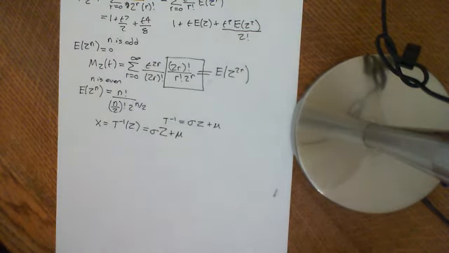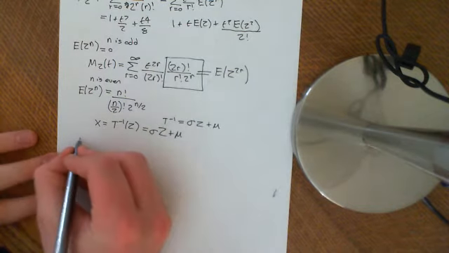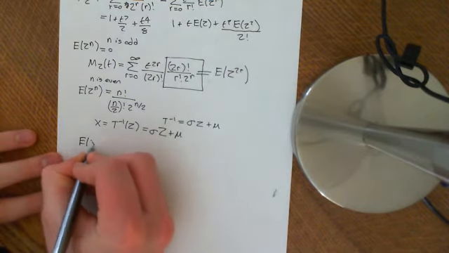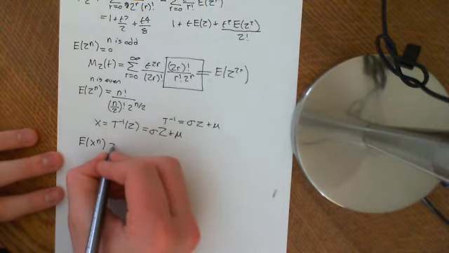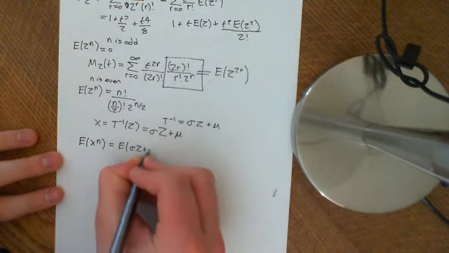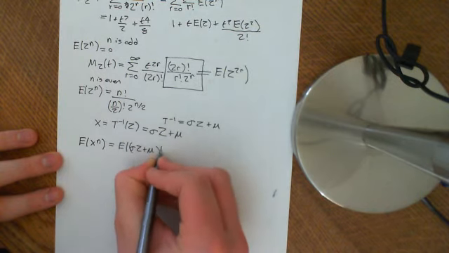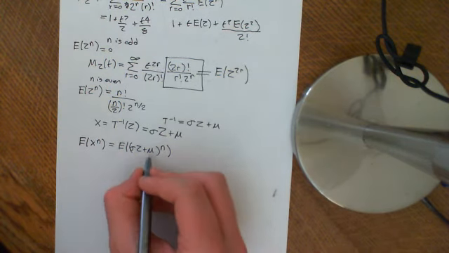Okay, so x is equal to sigma z plus mu. So now, if we want the expected value of x to the n, we can view this as the expected value of sigma z plus mu to the power of n, and you could think of this as